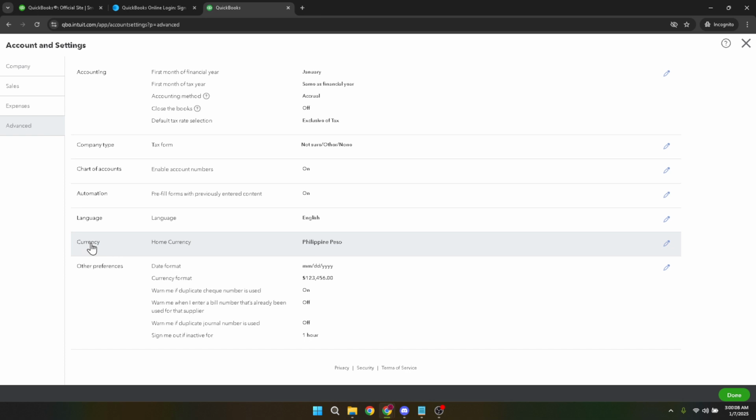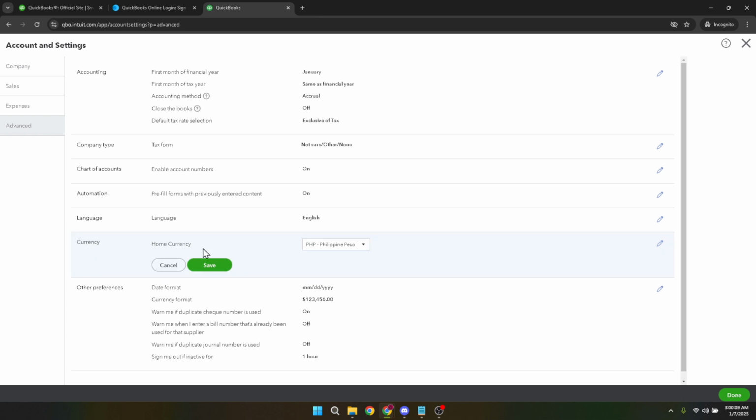business activities. Upon locating the currency section, you'll see a drop-down menu that includes a list of various currencies. Click on this drop-down to reveal the available options. From here, you can select the currency that matches your business requirements. Whether you're switching from US dollars to euros, British pounds, or any other currency, QuickBooks makes it easy to adjust.